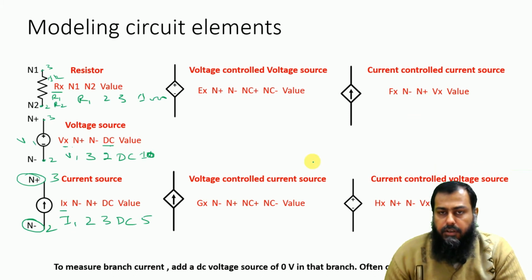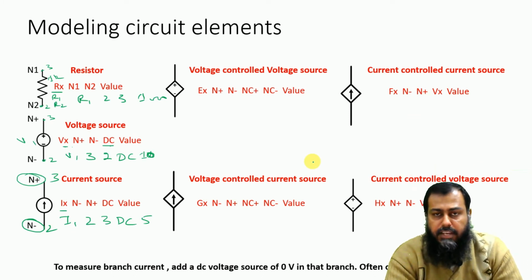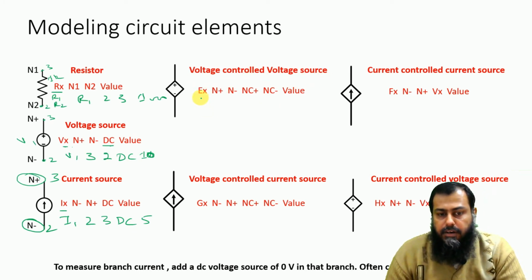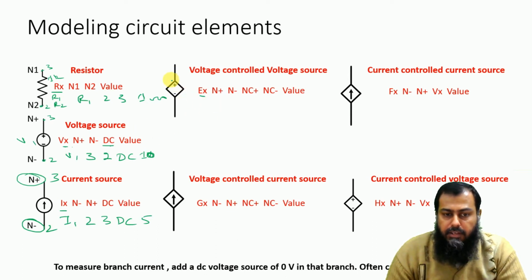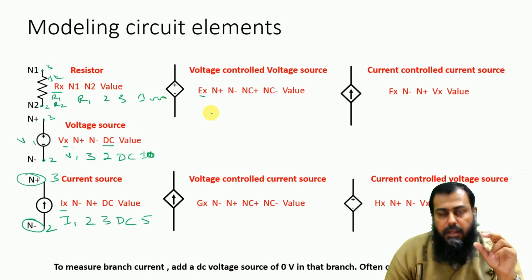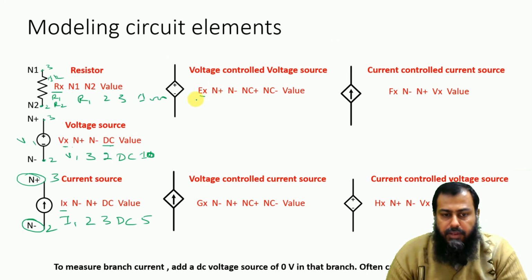Next there are four types of dependent sources that we have discussed. Each dependent source is designated by a letter which is required to model that particular thing. So for example, if we are dealing with a voltage controlled voltage source, then the first letter should be E. Voltage controlled voltage source means that we have to identify the positive terminal and the negative terminal of that dependent source, as well as those two nodes that are controlling this particular parameter. So if for a given circuit we have some controlling node, the syntax remains the same as we have seen for this voltage source.